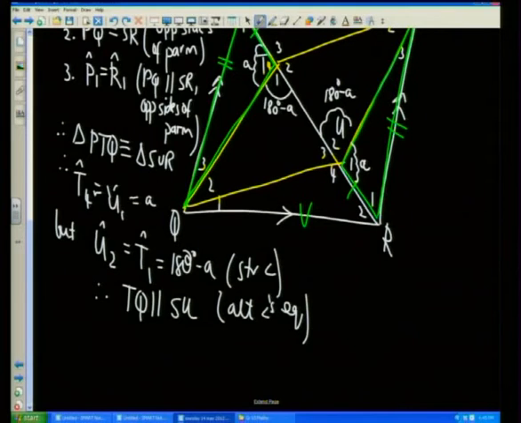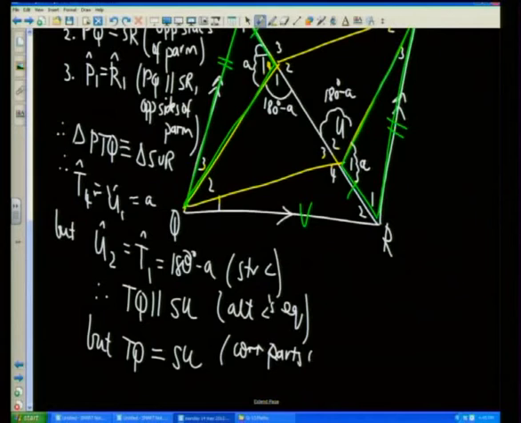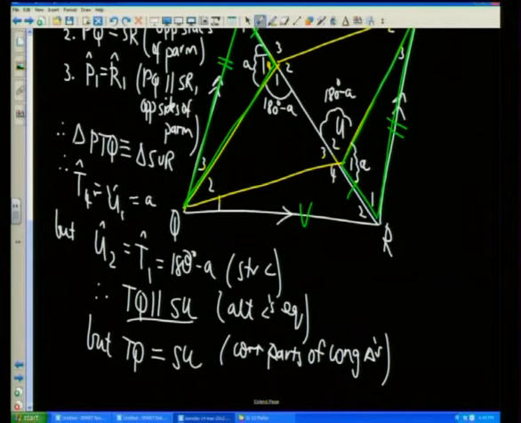Okay, and as a result of congruency, TQ is also equal to SU, corresponding parts of congruent triangles. So we have TQ is parallel, TQ is equal, therefore